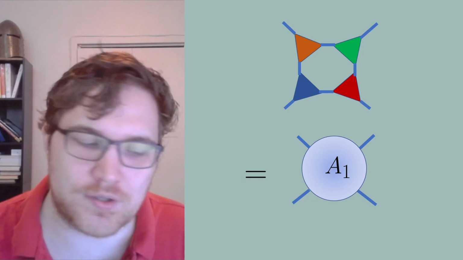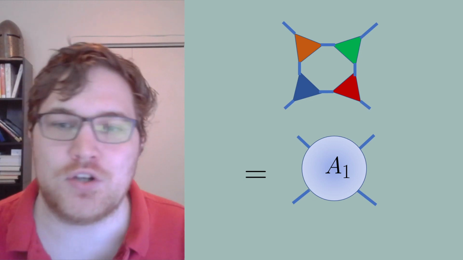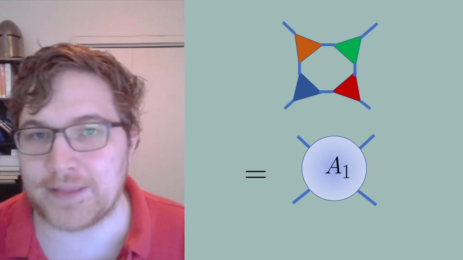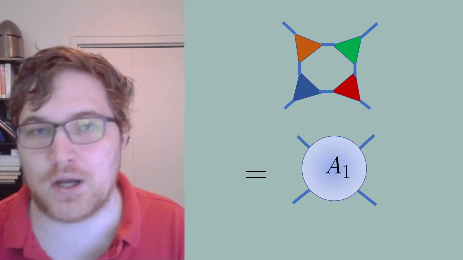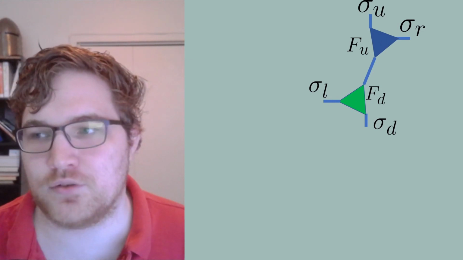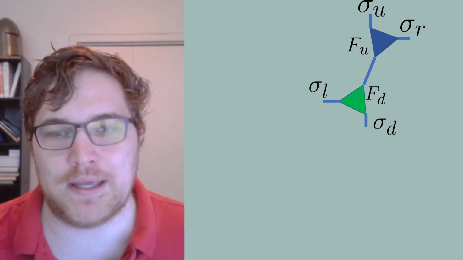But let's introduce the factorization method more mathematically, and this will allow us to also introduce an approximation scheme into this calculation that will allow us to approach extremely large system sizes. So let's talk about our factorization in more mathematical detail. And really all it is, is just a singular value decomposition. For the sake of time, and the fact that the procedure is identical, I will show you only the following factorization, which is the one where we group the U and the R indices and the L and the D